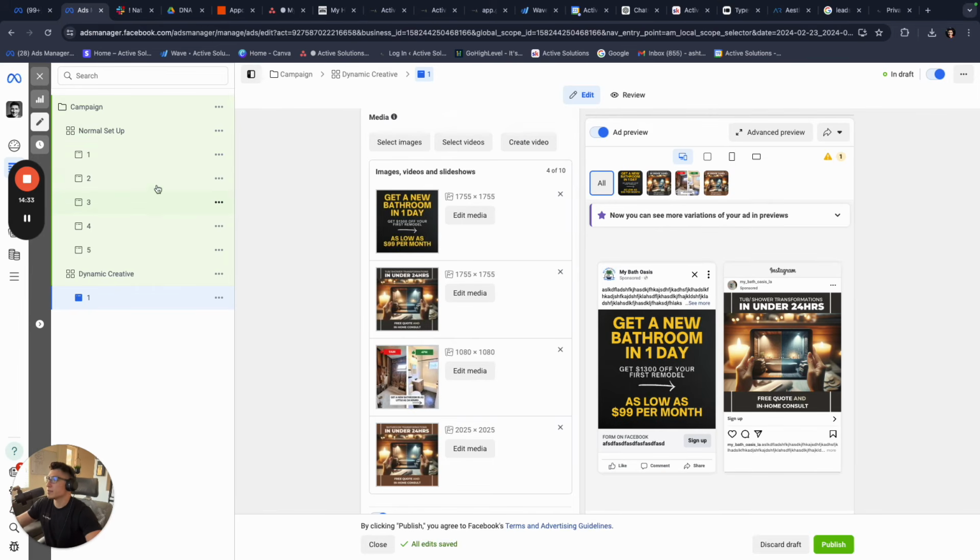And the problem is if you're only spending $30 a day across multiple different ads, and one of these ads, even if it performs really well, is going to have to spend somewhere between $50 to $150 before it gets enough clicks or even one lead,